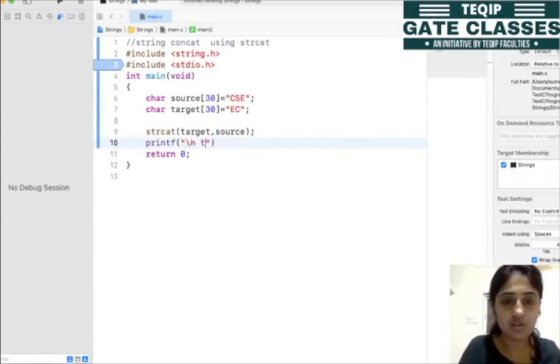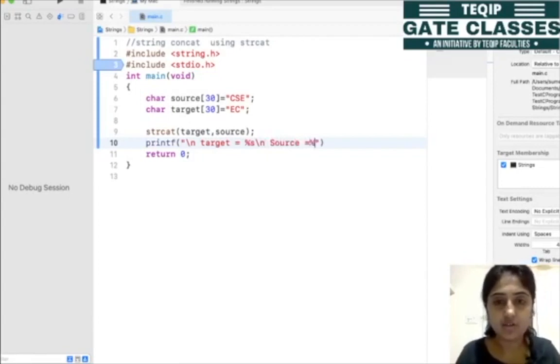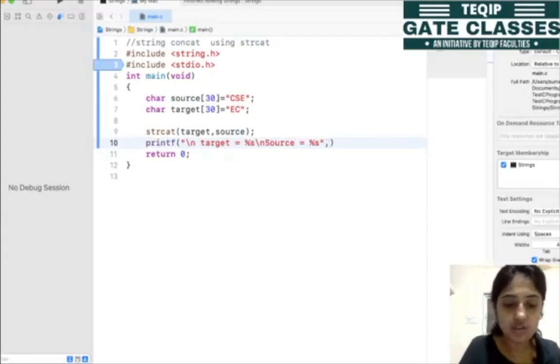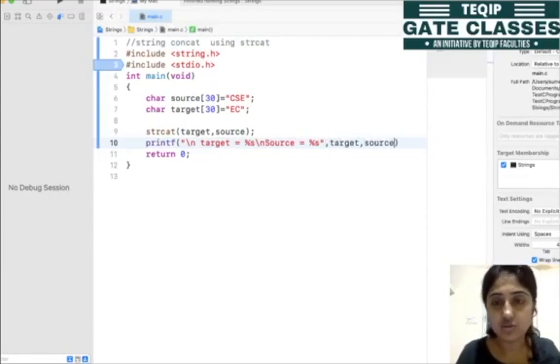So target is equal to %s, then \n, source is equal to %s. Then after this we need to pass the two variables: the first one is the target and the second one is the source variable.